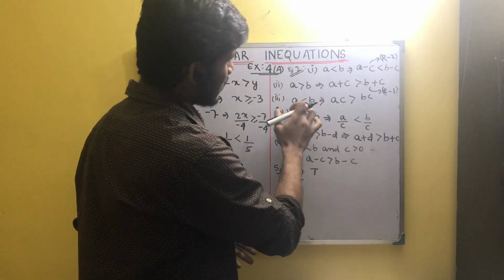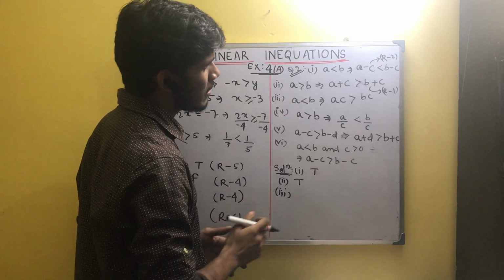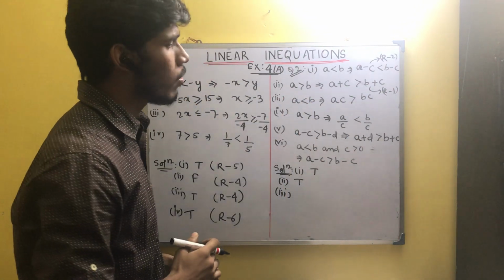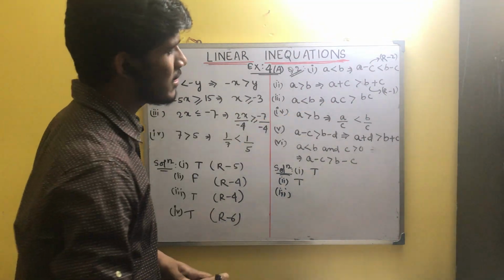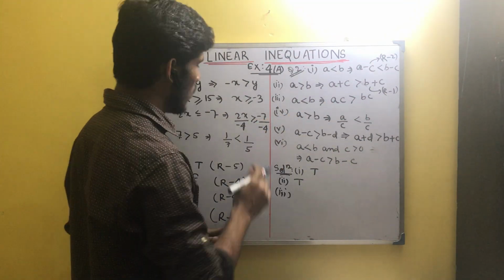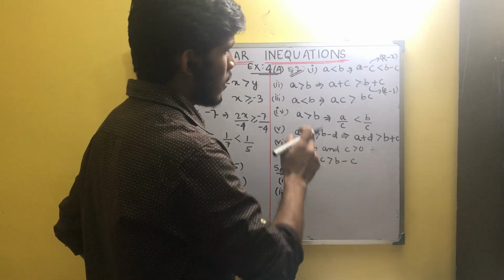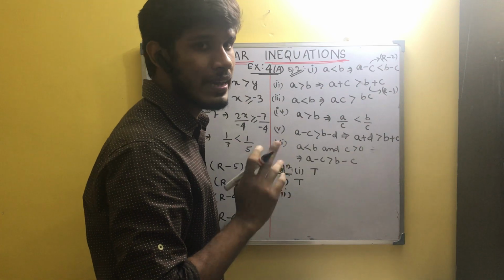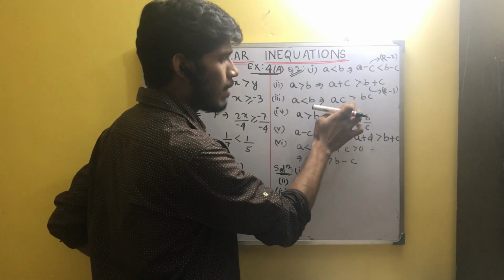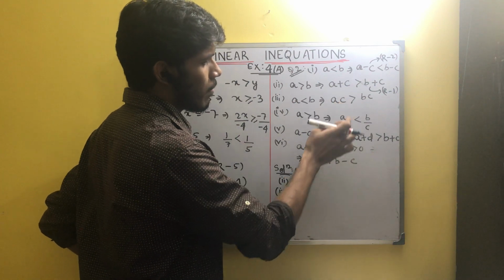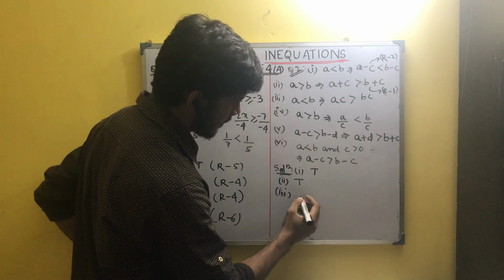Why? Because in this question or in any part of the question, nowhere it is mentioned that c is only a positive number, isn't it? Suppose what will be the case if c is negative? If c is negative, then according to rule number 4, if you multiply both sides of the equation with the same negative number, the sign of equality will reverse, isn't it? So this can be true if c is negative, but it will be held false if c is positive. So it will have two cases.